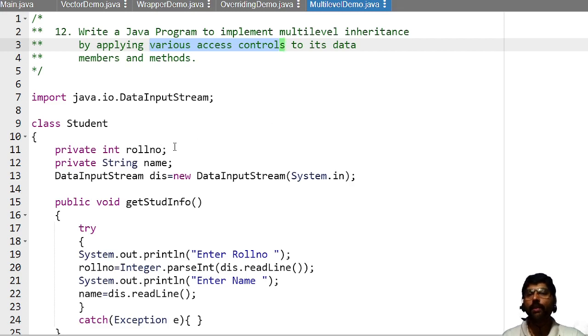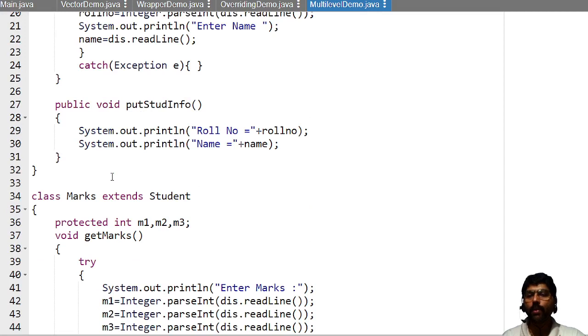For this, I have created three classes. The first one is the student class, which is a parent class of the other two classes, that is, grandfather, okay, super class. Now I have created one more class called marks.